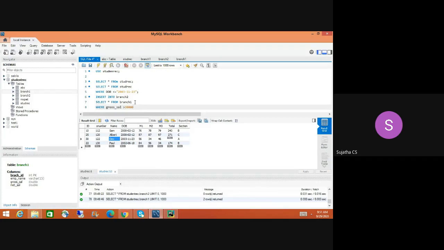Net salary means after I join, the school may deduct PF, and if I take a loan or insurance or many other funds, everything will be deducted. Finally, I'll get only 2,000 rupees. That is the net salary. This is a general thing.